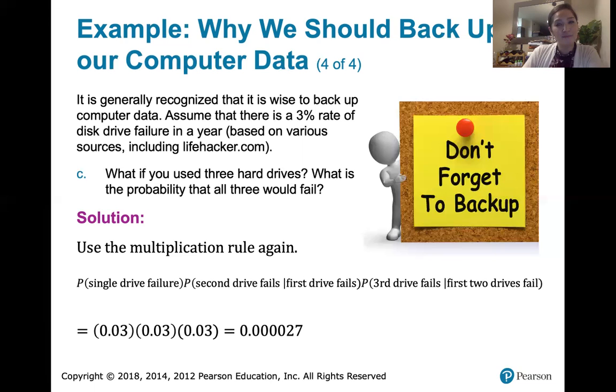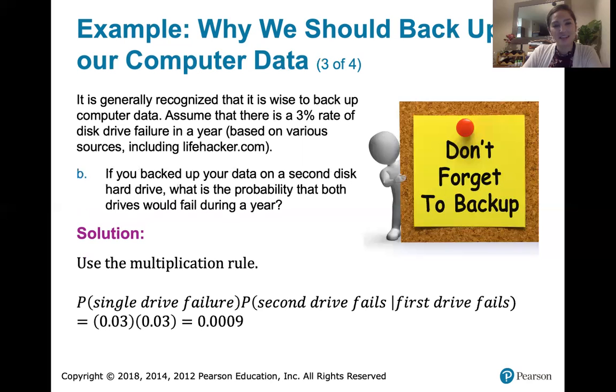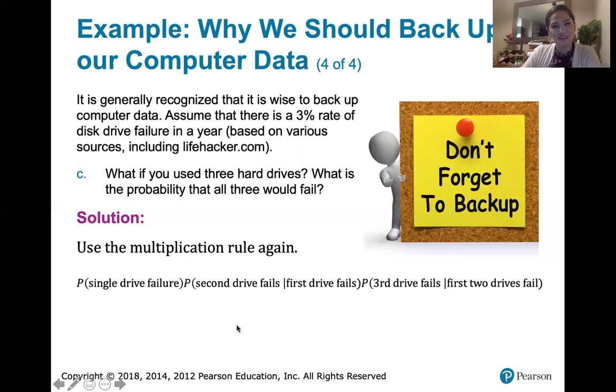If you back up, see how quickly that 3% became less than 1/10 of a percent, and how that less than 1/10 of a percent became 0.0027, less than 3/1000ths of a percent. All that was required was just having a backup and then having another backup in order to make it very, very unlikely that all 3 would fail at the same time and you'd be out of luck. So that's the principle of redundancy. You see that it leads to reliability of a system,